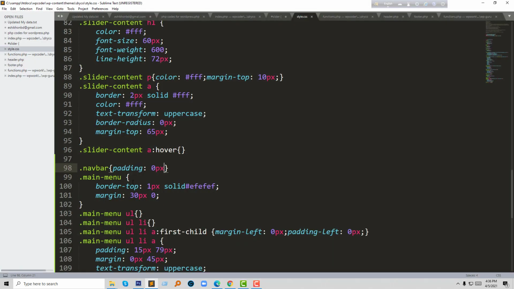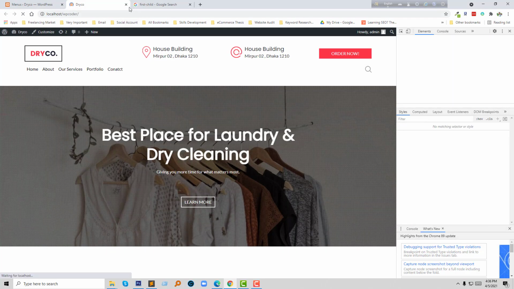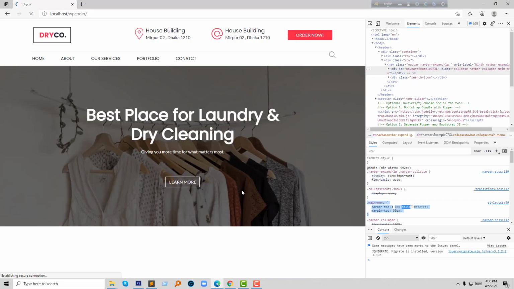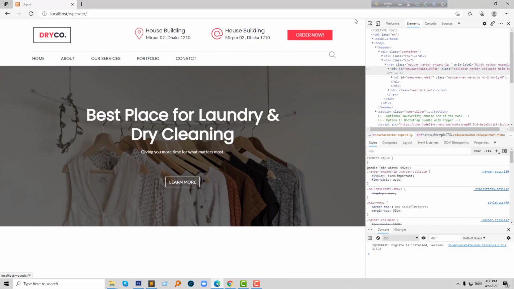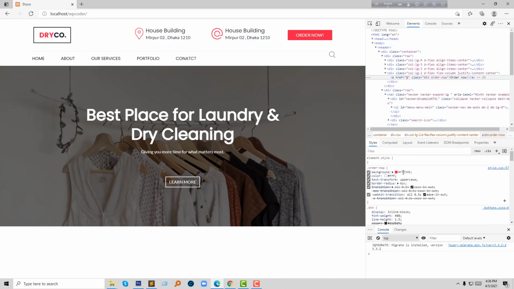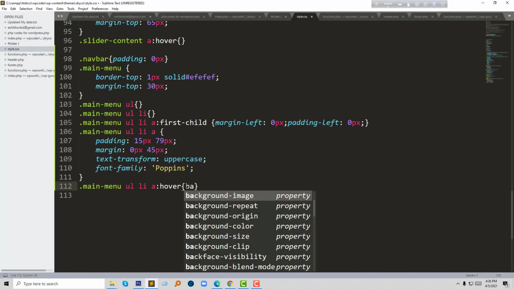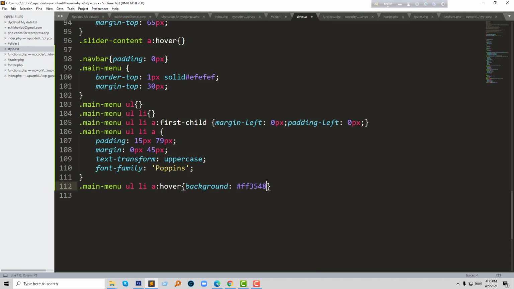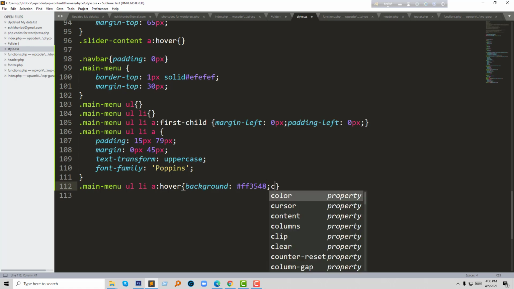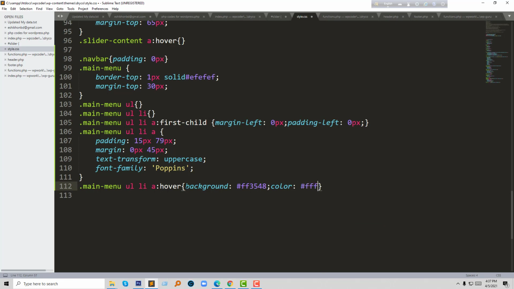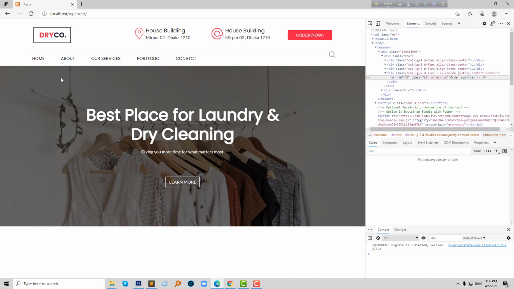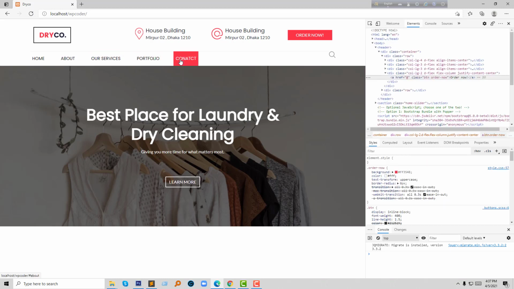Main menu, and we can add a hover effect right here. Background color, looks nice. Wow,